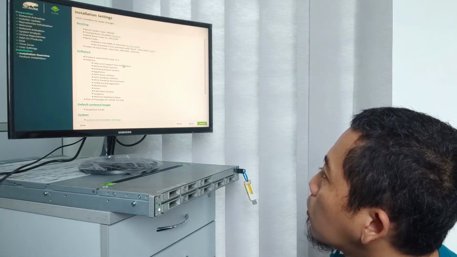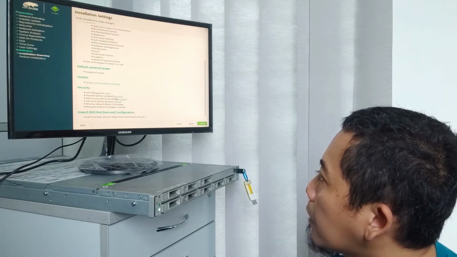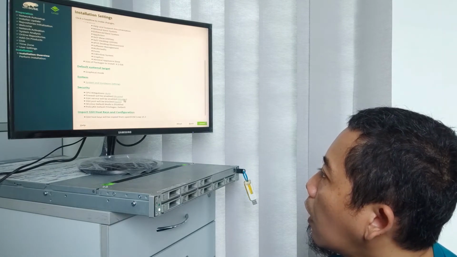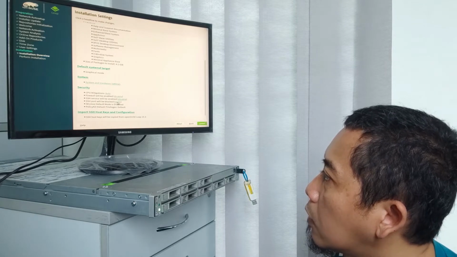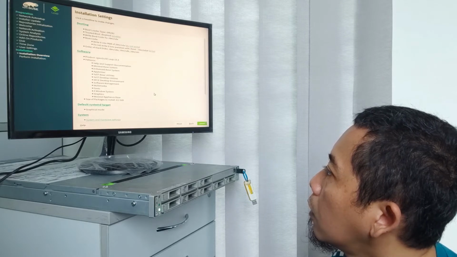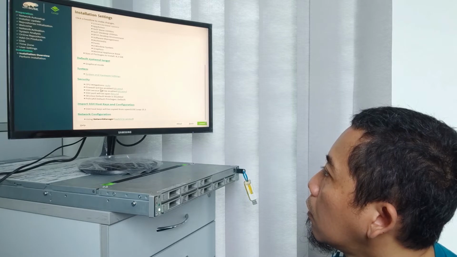Now the software. I will enable SSH to remote this machine. I will open SSH. Then I think this is enough. Firewall will be enabled.